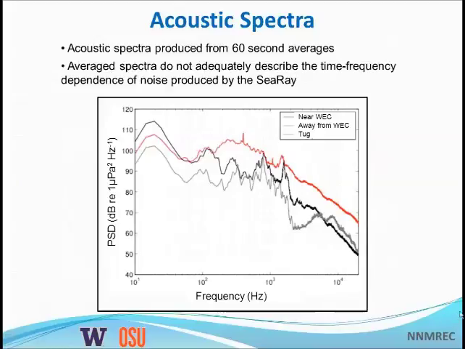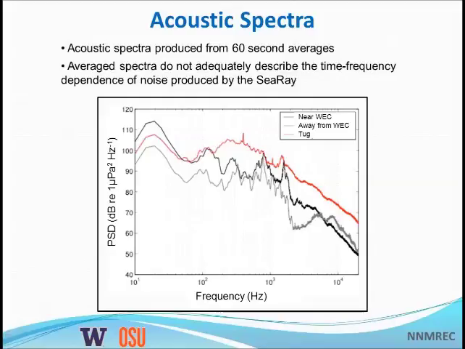So here's one way of presenting these spectrograms in a different way. Here I've produced 60-second averages of 3 different spectra. We have plenty more to choose from, but these are very good examples of what we saw. So in red, we actually have that 60-second average spectrum of that tug that I just showed. And in this case, the black line was that first spectrogram I showed for the wave energy device, and then there's another wave energy device average spectrum plotted in gray. The y-axis here is the pressure spectral density, and again, we have frequency on the x-axis.